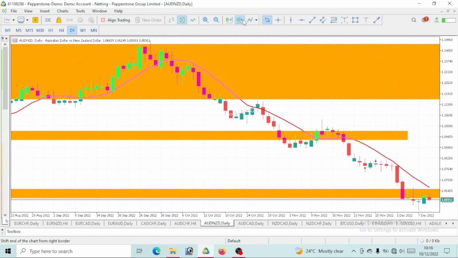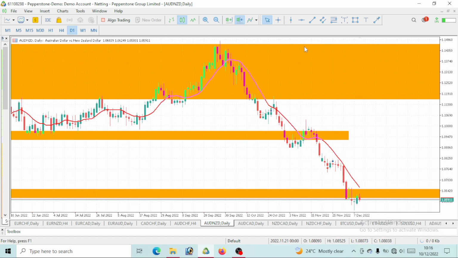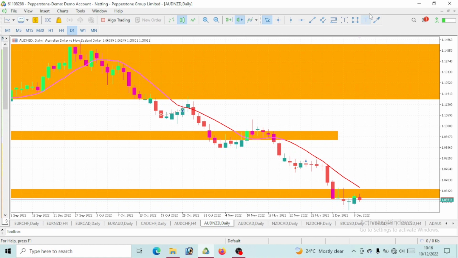Now let's see what this daily time frame says. So you can see lower lows and lower highs here. Let's take a look at this from here for quick analysis. A lower low and a lower high was made here, right? Lower lows here and a lower high was made. We had a new lower low and a lower high was made here, right? Price gave us a new low.